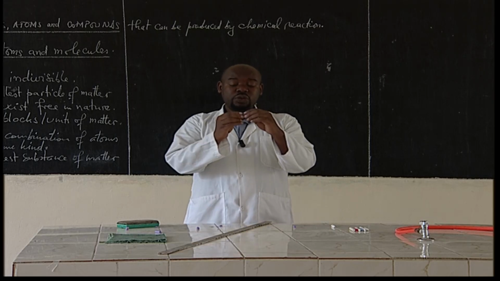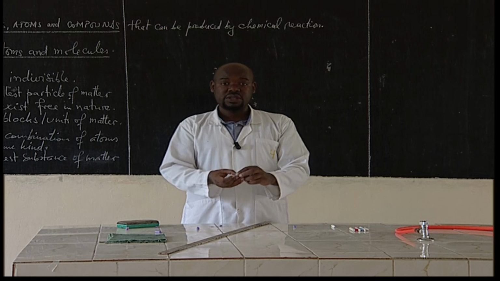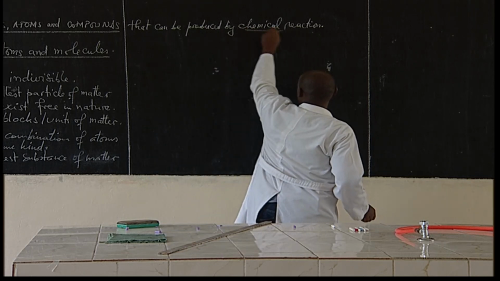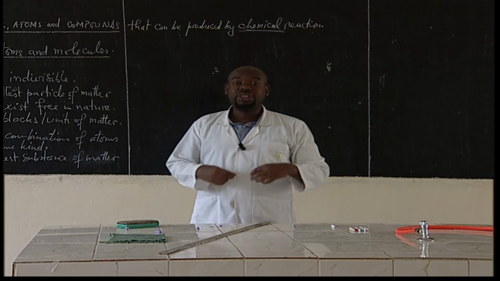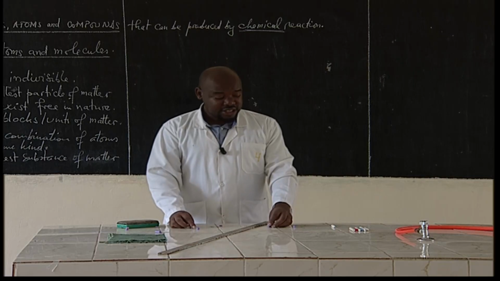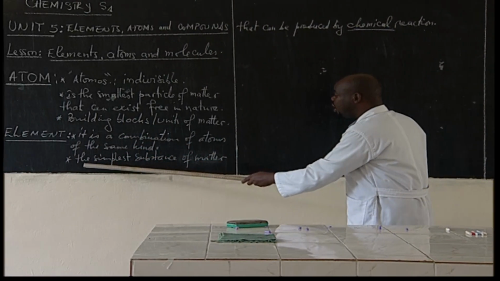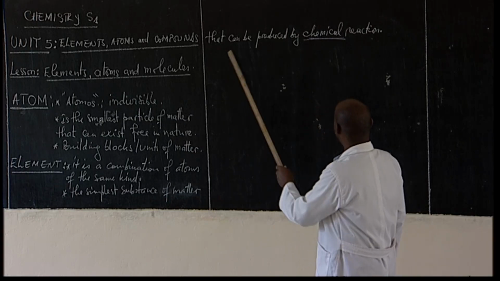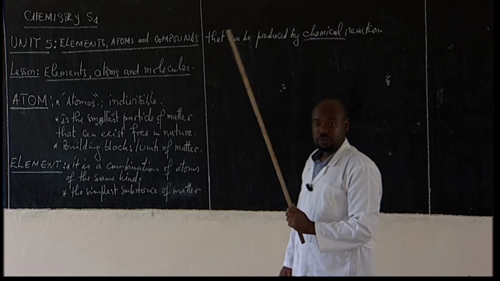So if you divide the chalk into different pieces, but you use chemical means, you will produce elements. And that is the reason why we are saying an element can also be defined as the simplest substance of matter that can be produced by chemical reactions. So,